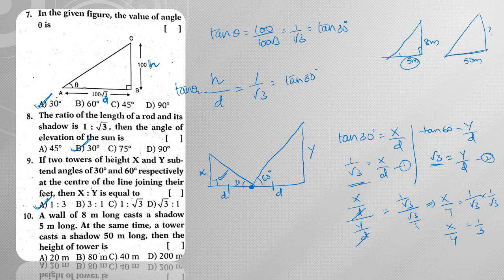Now if you observe, this is 5 meters, this is 50 meters. Since these two triangles are similar, if this is 5 and this is 50, if this is 8, then this becomes 80, right? Because these angles are the same, because the angle of elevation is the same. At the same time means that the angles of elevation are the same. So if the angles of elevation are the same, since this is a right angle triangle, if two angles are equal, then automatically the third angles will be equal, right? So by similarity, we can say that those two triangles are similar. When two triangles are similar, their sides are proportional. So by using that concept, we got the answer, right?